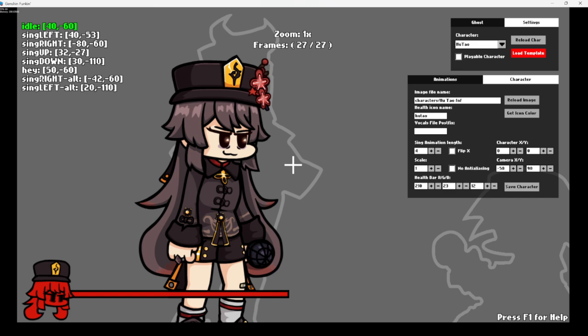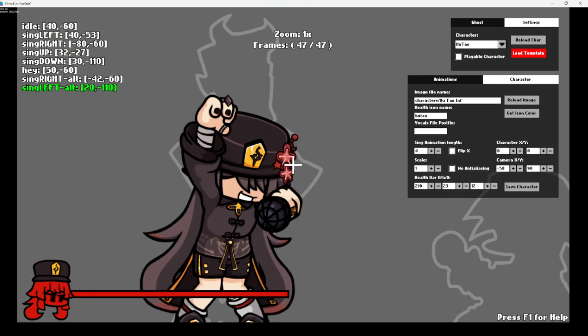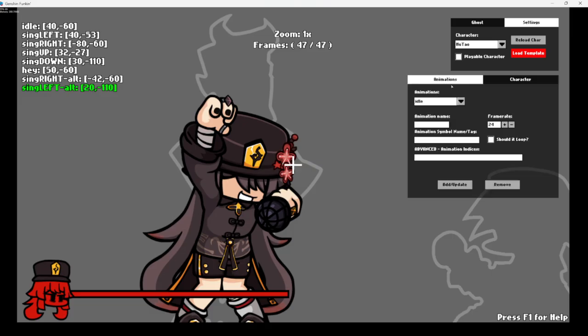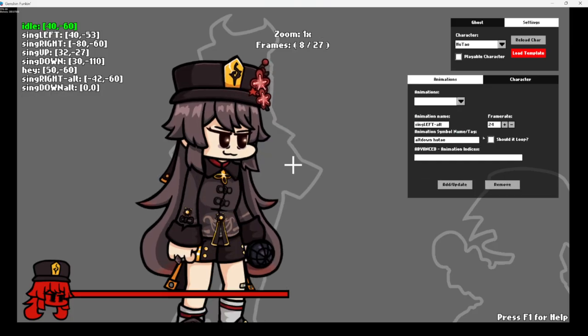Since she doesn't have a left, right, that is a sing down. How did I mess that up? Sing back. So this is how you put the alt. So sing down. Every time you have an alt section,